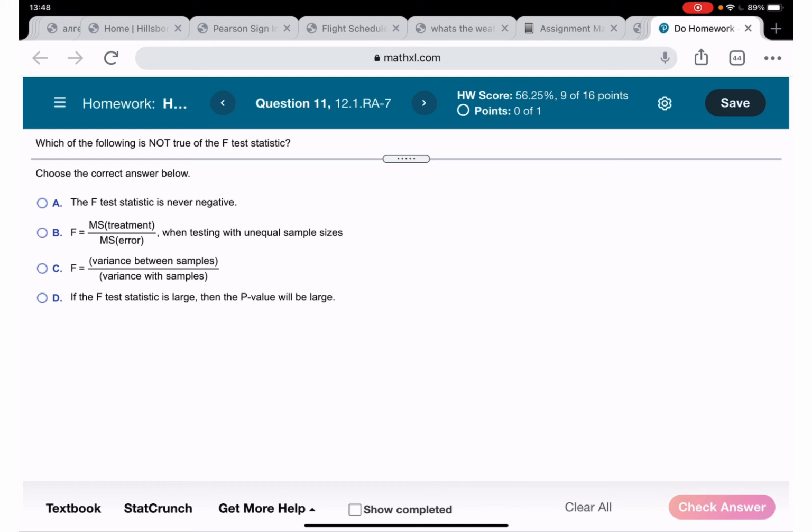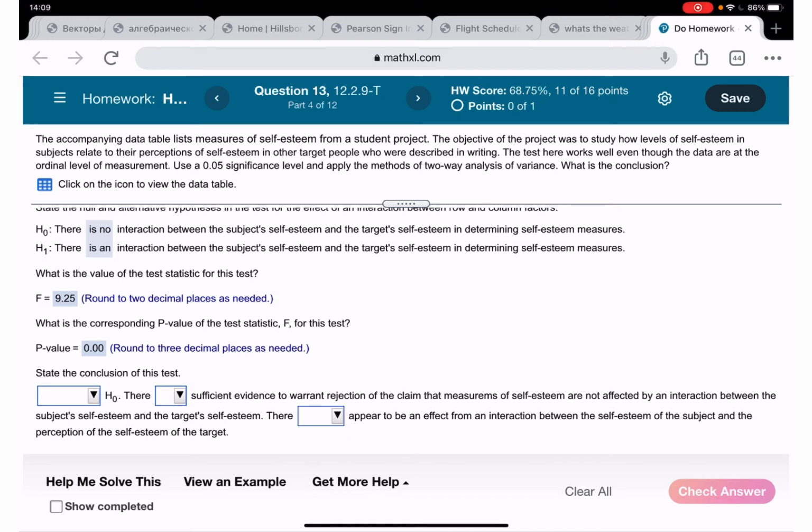Okay, A, the F-test statistic is negative? Never negative. That is very, very true. Next. The F-test statistic is a ratio between means, and we remember if the p-value is less than alpha, then we reject the null